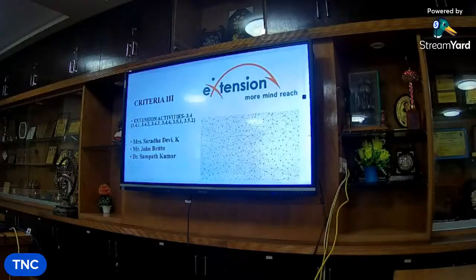Assessment and evaluation. The first section was given clarity by Saradha ma'am, that's part of the third criteria, which covers extension activities and collaboration. The next section was focused on the fifth criteria, because we are skipping the fourth one. Rekha ma'am is engaged in some other work, so she will take up this criteria last year. Okay, so today the second section was focused by